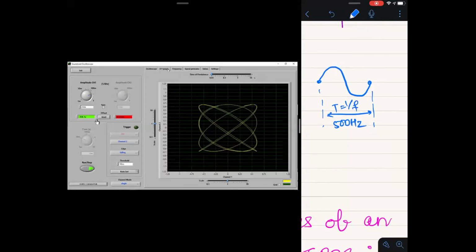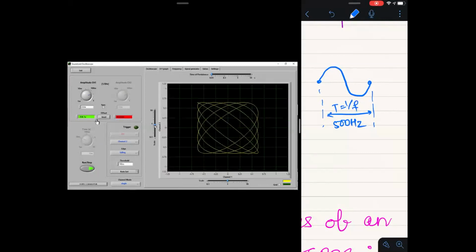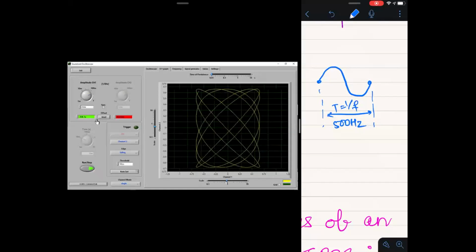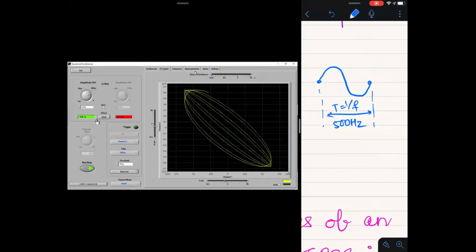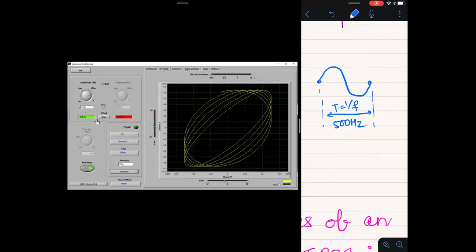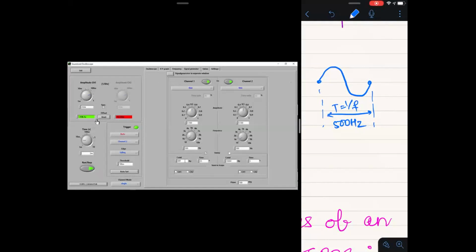Now if you see the XY plot, you will see this kind of thing on your screen. This is a very fantastic kind of thing. If it is very fast and you are not able to see it, just go here and increase the time in the signal generator menu. Just increase this time to, let's say, 25 seconds. Okay, now it's also a little fast. So what you can do is change this frequency to 550, so that the change is very slow.